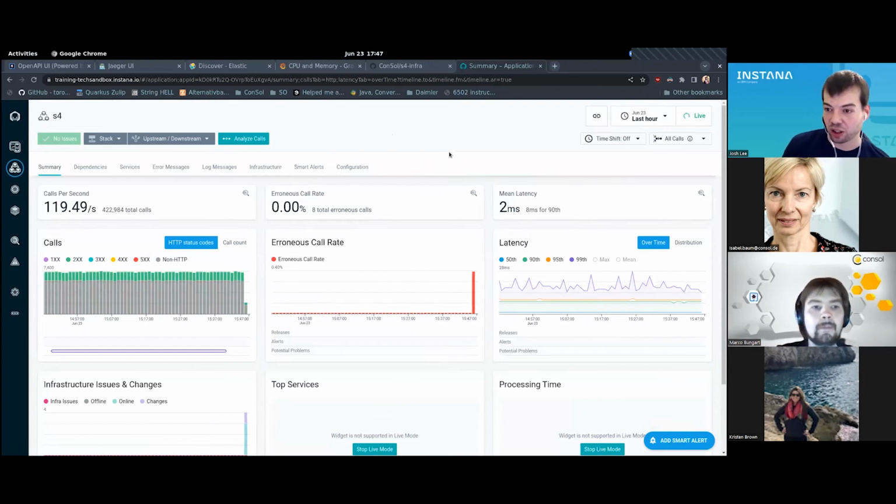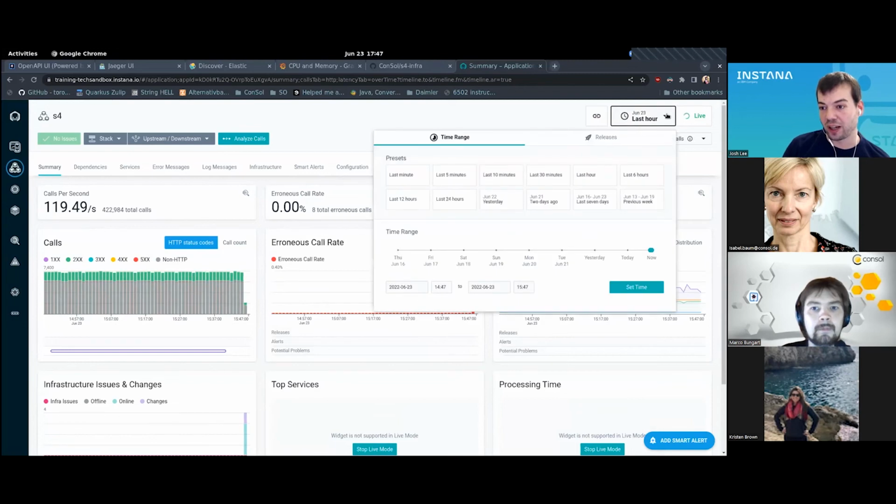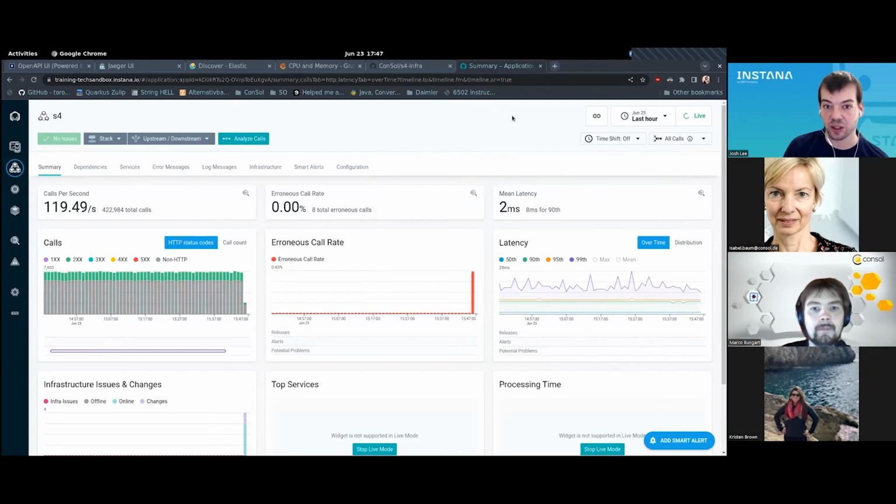And another nice feature about the time filter up there in the top right is whatever settings you put in there will hold as you navigate throughout your applications and services and the various entity screens inside Instana. So that's really useful, like we were talking before about the correlation benefit. Say you're trying to debug an incident that you know happened between 1:07 and 1:09, you can put in that time window, and that's saved as you go through your traces, your logs, your metrics, and everything.